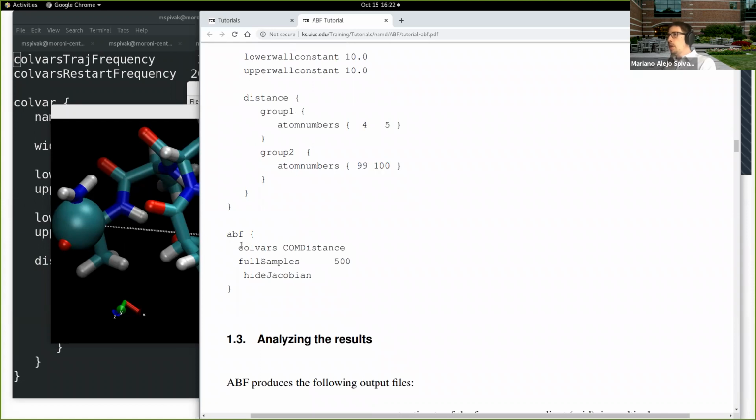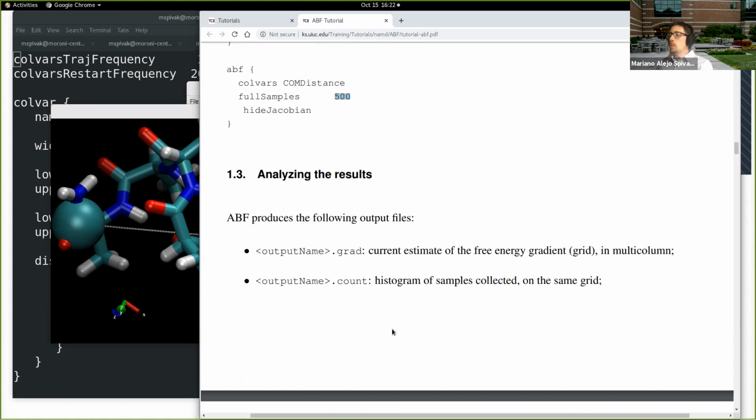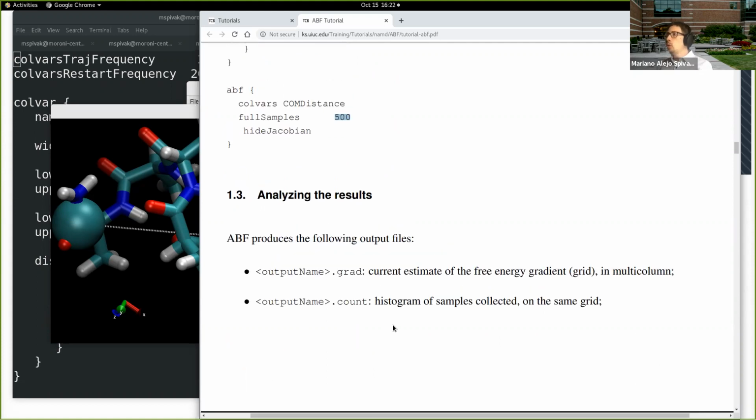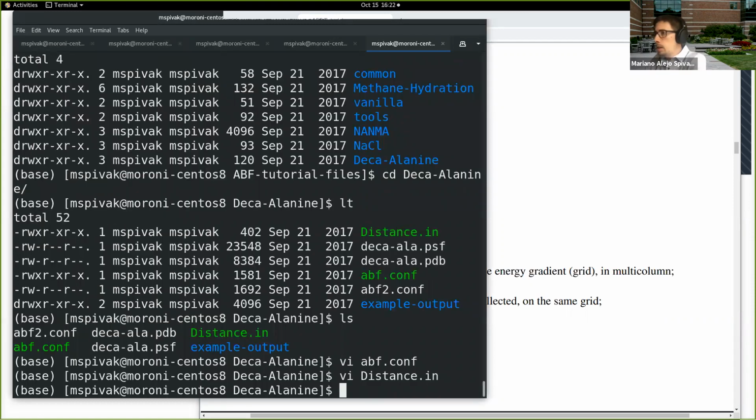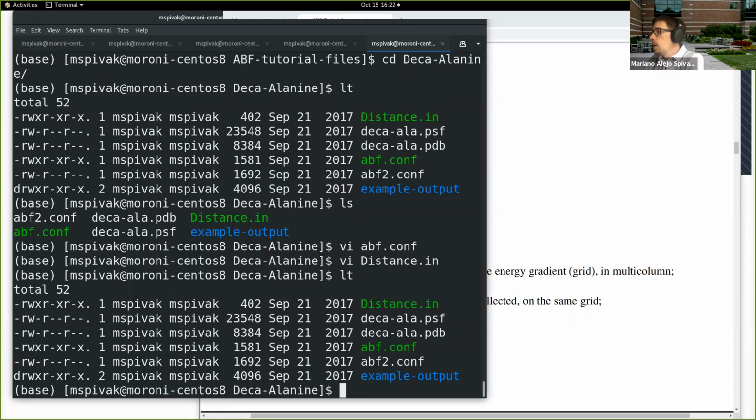And then the ABF method is very similar. We just say, apply ABF to the Colvar that is now named com distance, and the same, in this case, the same 4 samples. So let's go look at the results files, okay? They're already prepared in the folder of the simulation. So we are here in my tutorial files, and